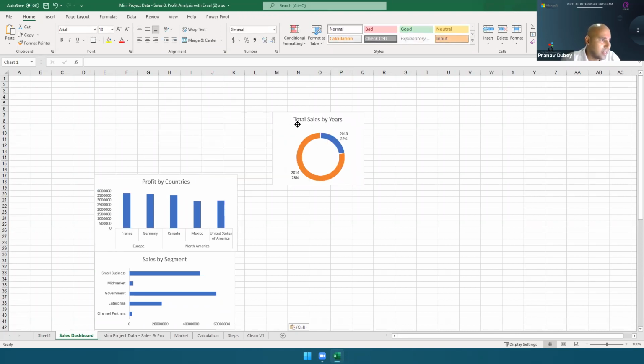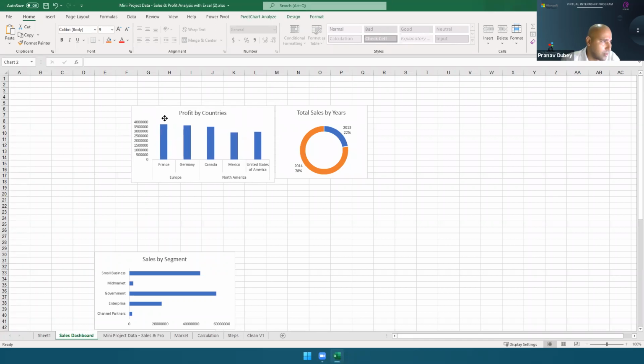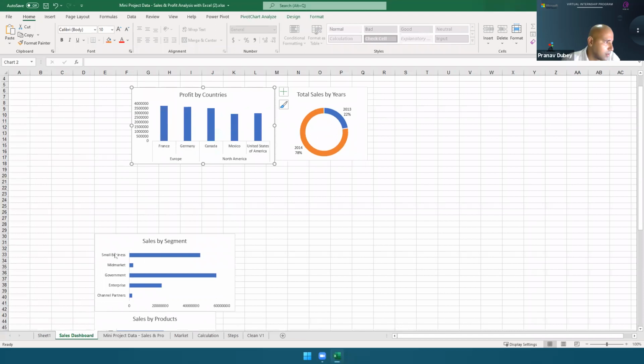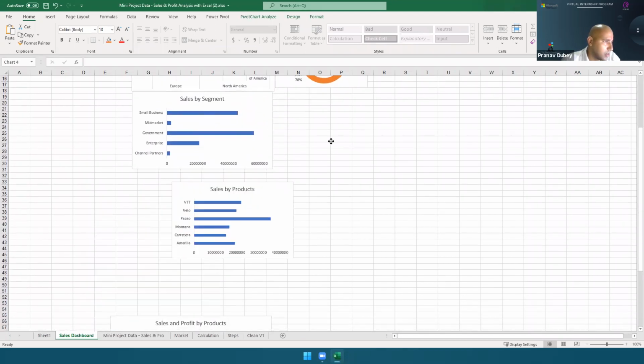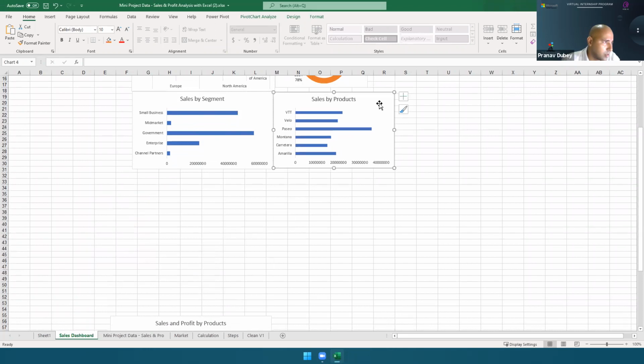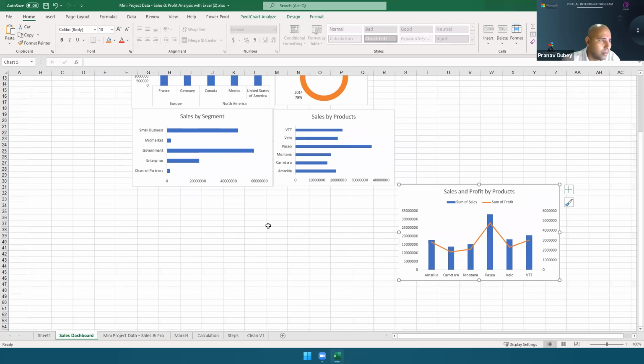Now I will just adjust it a little bit. Adjustment we can try. We have sales by segment, sales by products, and sales and profit by products.